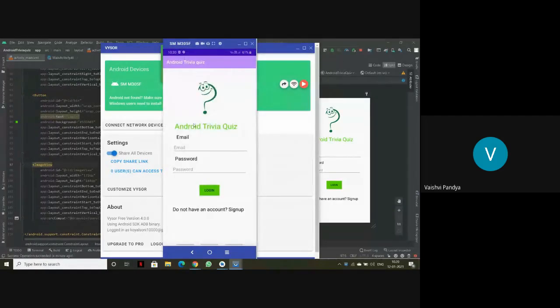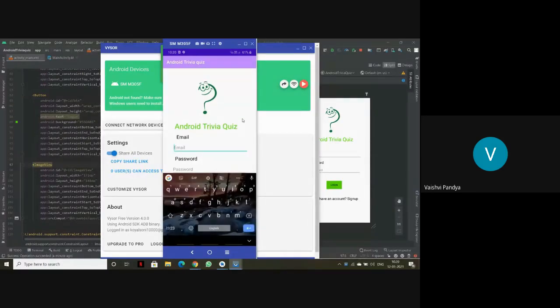This is the screen of my phone, and this is our page as we have made. The edit button lets you type anything you want here, like our email and the password. It depends on whatever you want to see. I'm just typing anything, but for you to see, this page we have done.